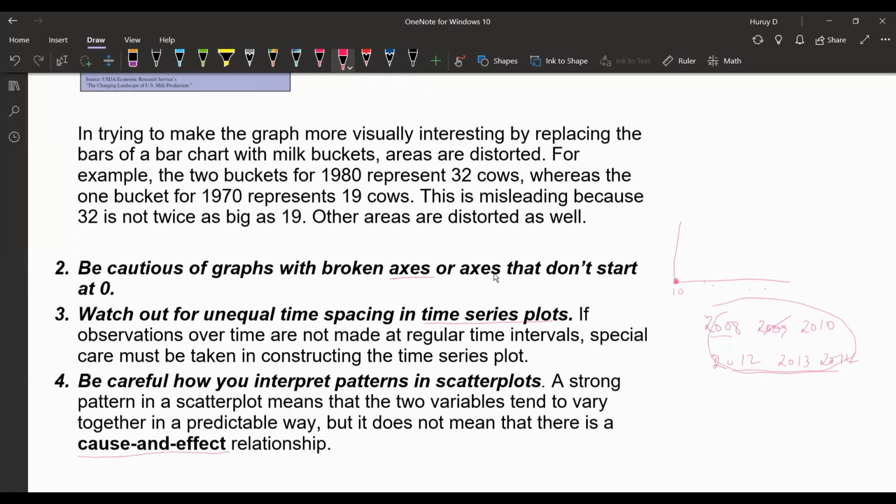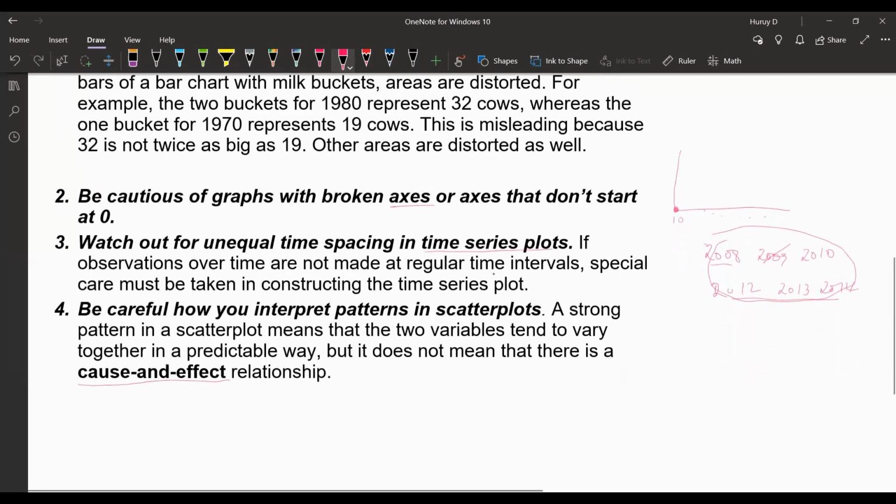This is a very important thing in statistics. When we talk about relationship, we cannot conclude cause and effect, because it's observational data, or an observational study. You remember, if it is experimental, yes, we can talk about cause and effect. But if it is observational, there is little that we can say about cause and effect,